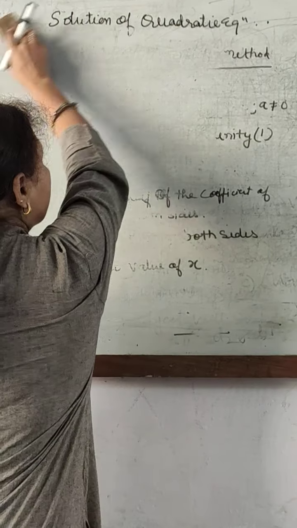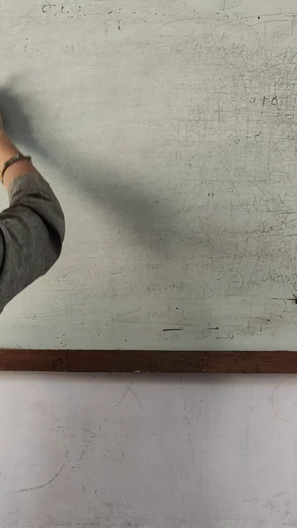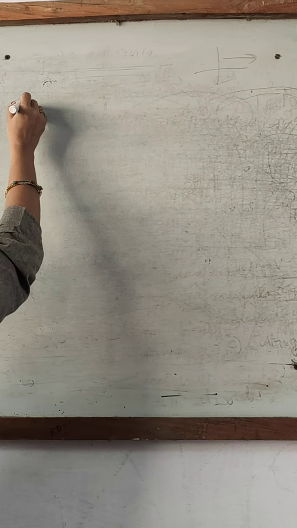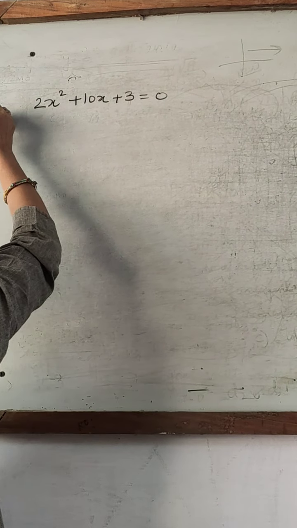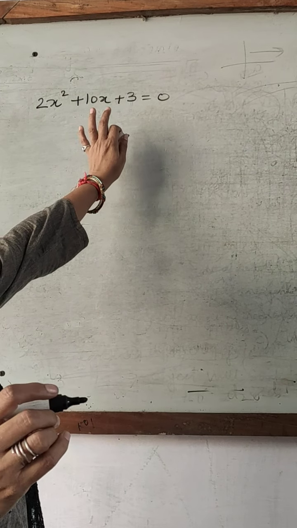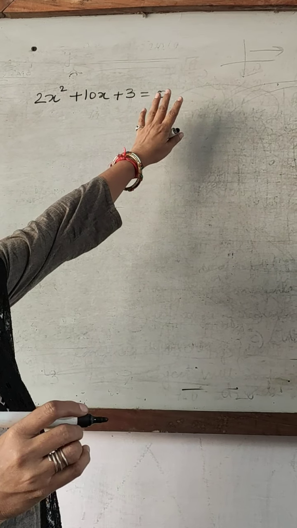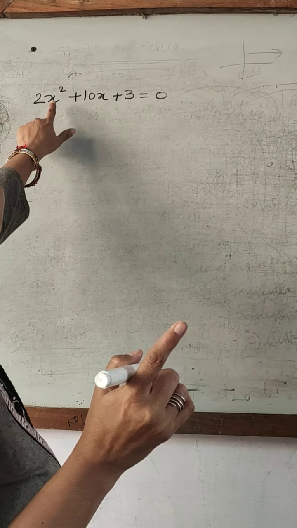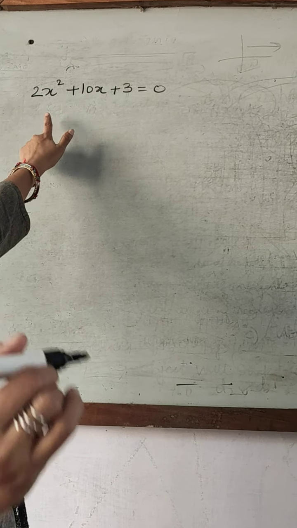We will take one quadratic equation and solve it by completing the square following all these steps that we have discussed just now. So let's take the equation 2x square plus 10x plus 3 equal to 0. Now you can see the very first step is over. The equation is already in the standard form, ax square plus bx plus c equal to 0. Now the second step says we have to check the coefficient of x square. Children, you can see here the coefficient is not 1, it's 2 and I have to make it 1.